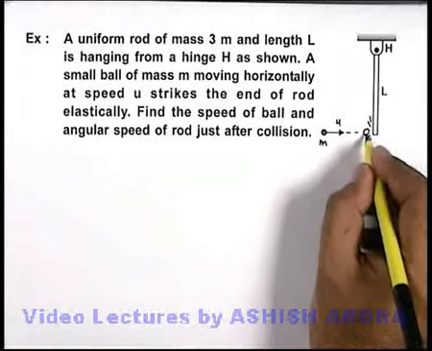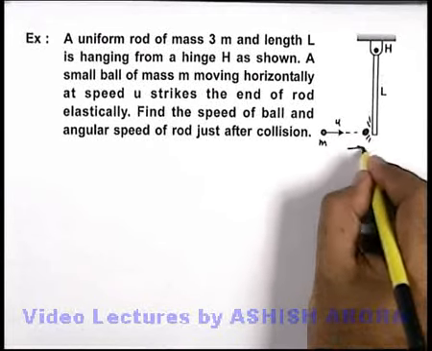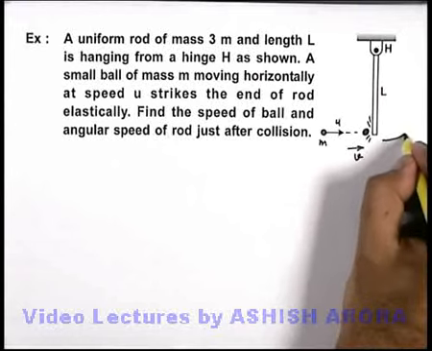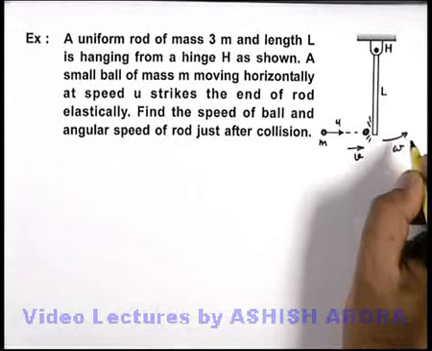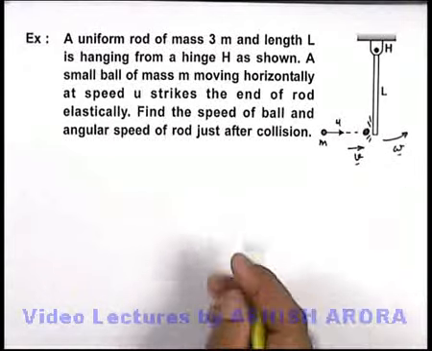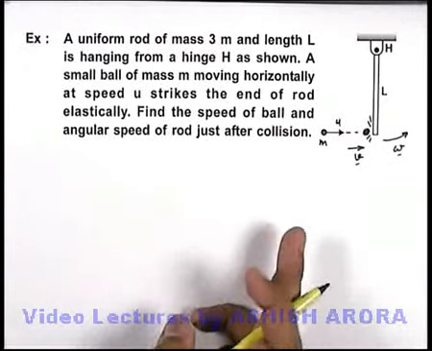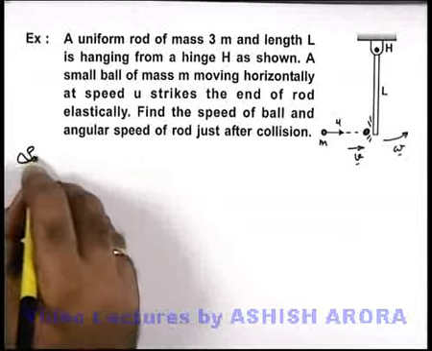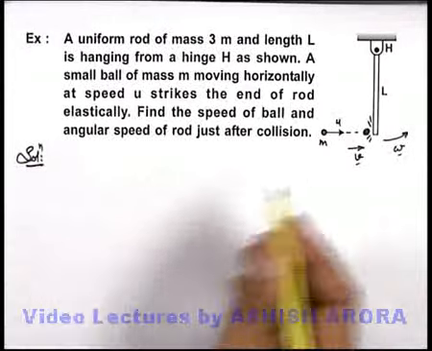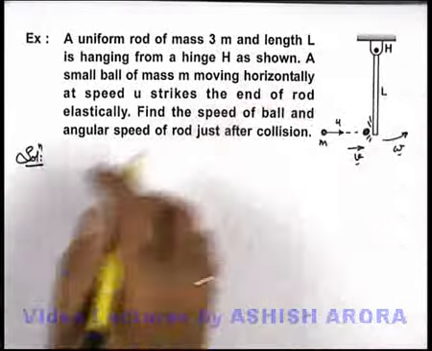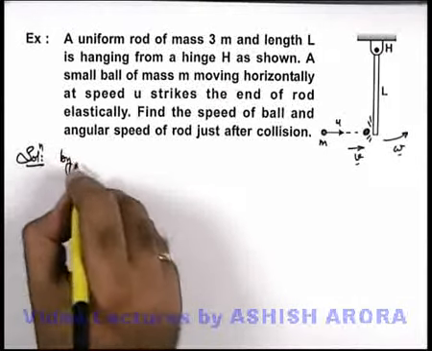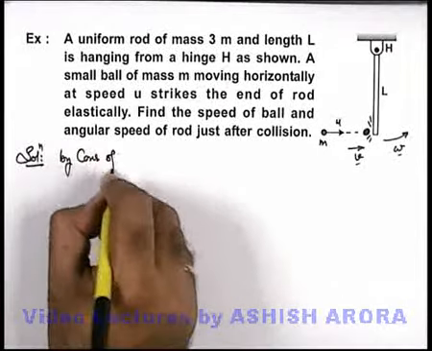Say after collision, the ball will move with the speed v and the rod starts its rotational motion about the hinge at angular speed omega. We are required to find v and omega after collision. In this situation, as no external torque is there, we can conserve angular momentum about hinge H. So we can write, by conservation of angular momentum